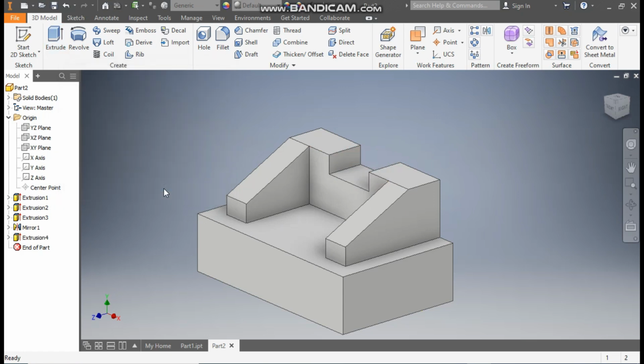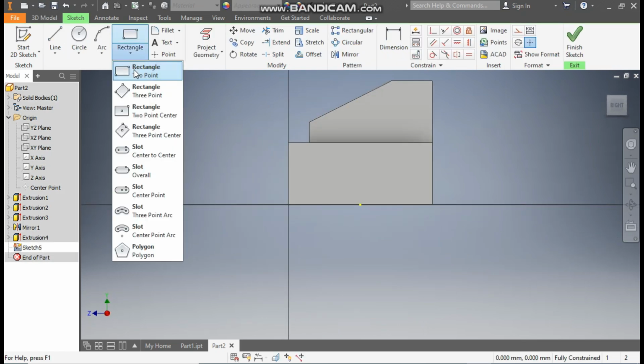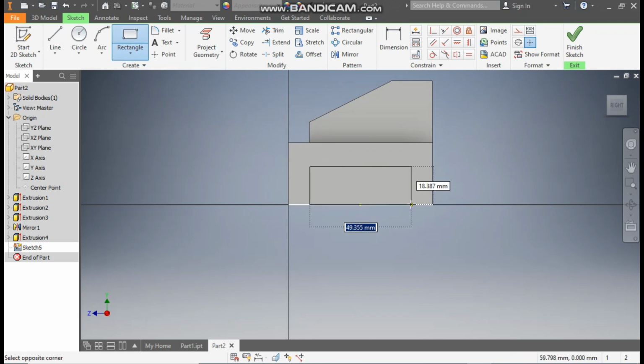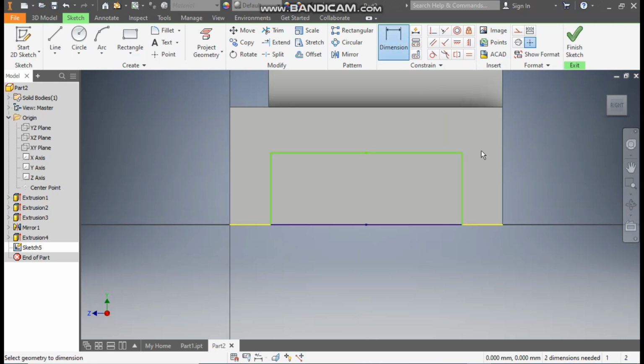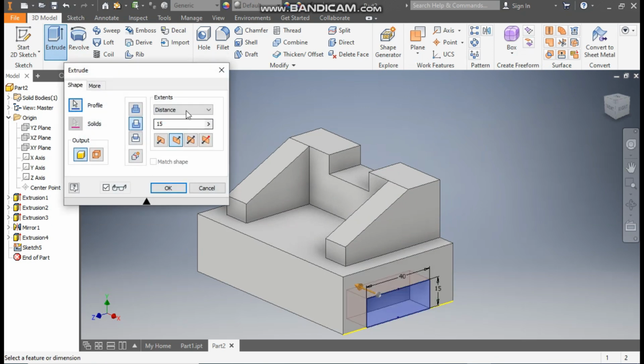Press OK. Now here select this face, the side face, go to create sketch, take the rectangle command, take 2-point rectangle and make a rectangle profile. Go to vertical constraint, select this point and select the yellow point. Okay, now go to dimension. Here define this as 15, define this as 40. Okay, finish sketch, take extrude, flip the direction and here take all, so this will be a through cut and